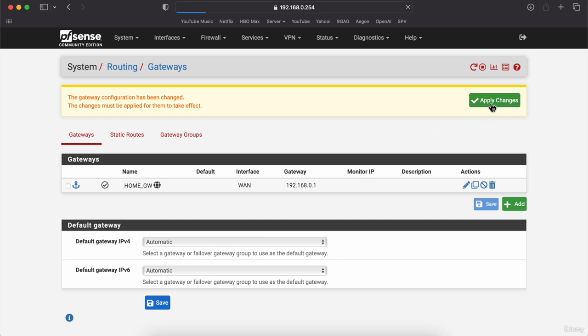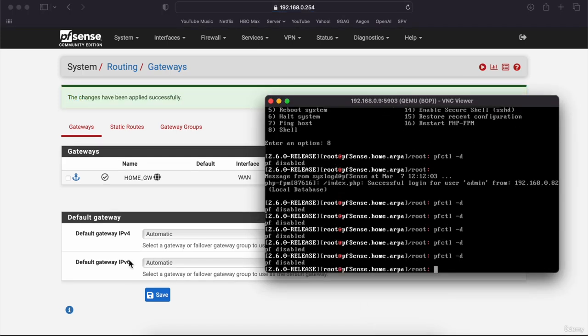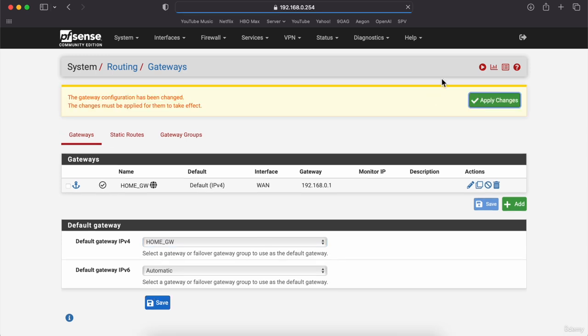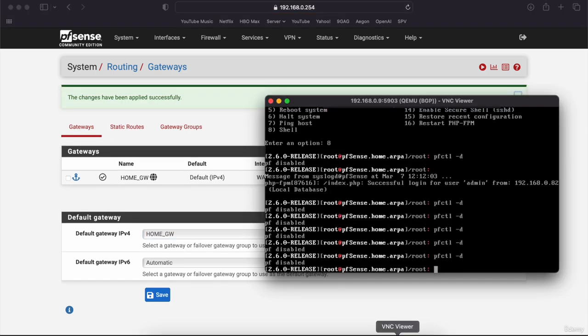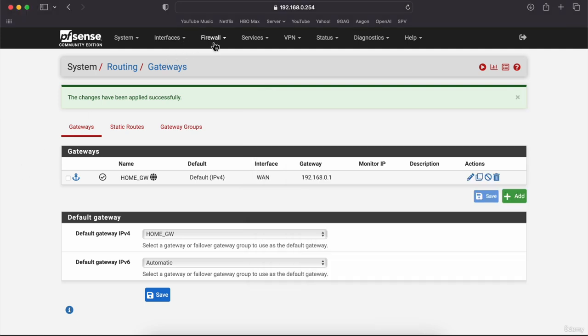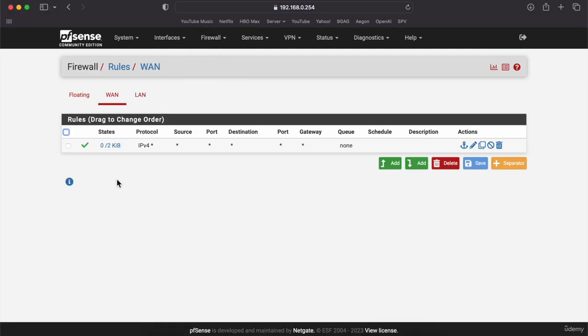And from here, after these changes are saved, I'll just use the home gateway as the default gateway. Now that we added everything that we need, and we added a firewall rule that will allow us not to be blocked, I will go ahead